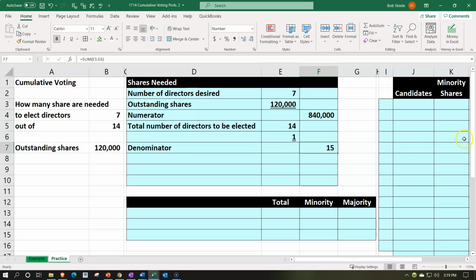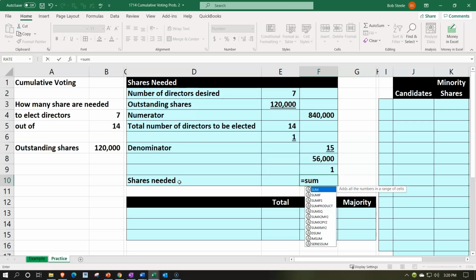Now we could divide those two out. So let's divide. Let's put an underline here, font group and underline. Dividing it out, that's going to be the 840,000 divided by 15. We have 56,000, and then we're going to basically just add 1 to it, and that's going to be the shares that are needed or shares required, which is just going to be the sum of these 56,000 plus the